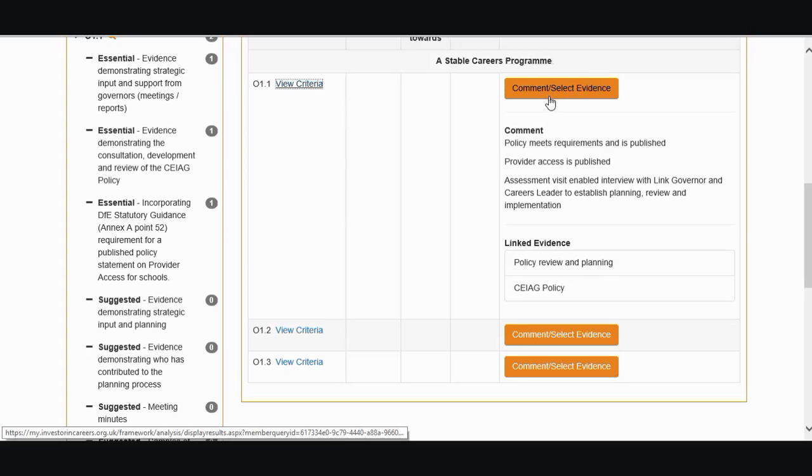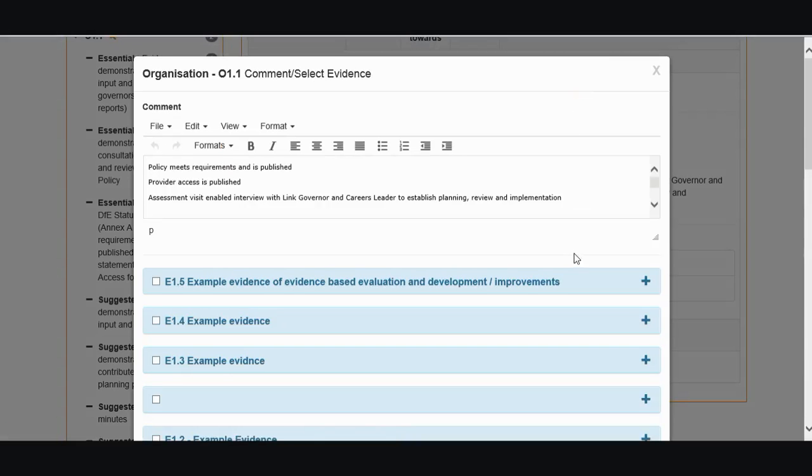How I did that was by clicking on comment and select evidence, this button here, and this presents us with a comments field which you can type directly into, or you may wish to do offline and then copy and paste that